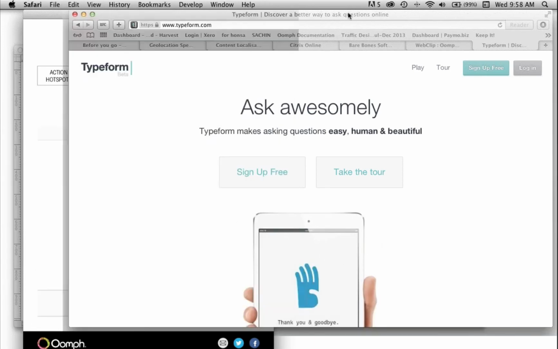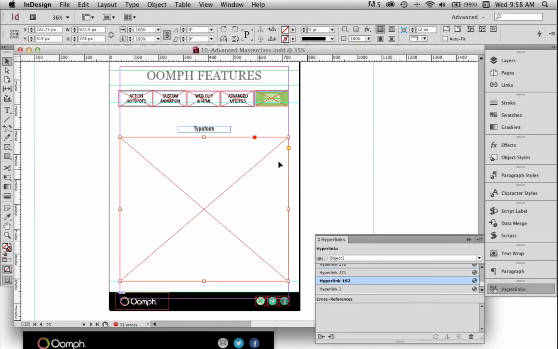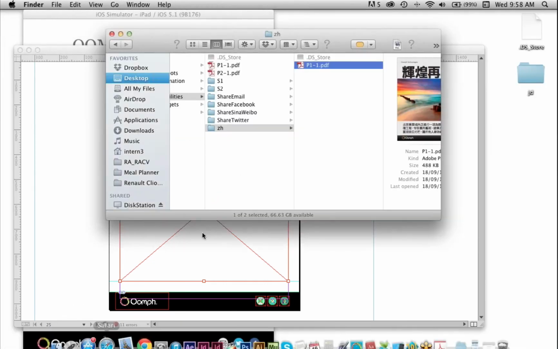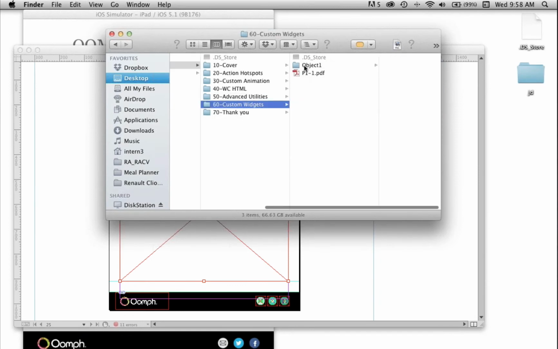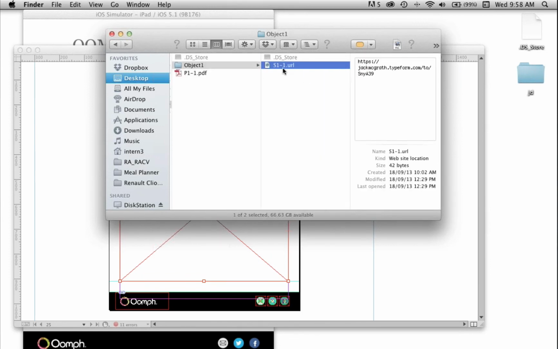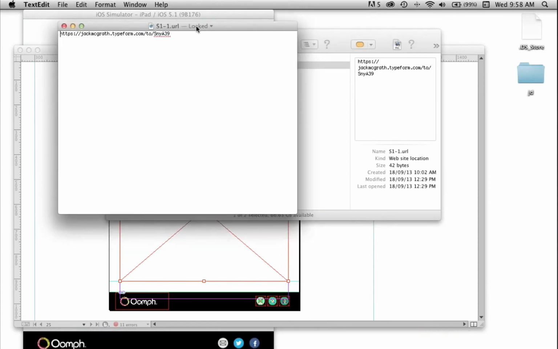So to put that into the app is relatively simple. We'll come down to features, just a normal hotspot, and it's just an object one. So we'll look at what's inside our object one to make that work. Custom widgets, so we've got a P1-1, object one, and we've got this file. We've actually just made this in TextEdit, and all it is,